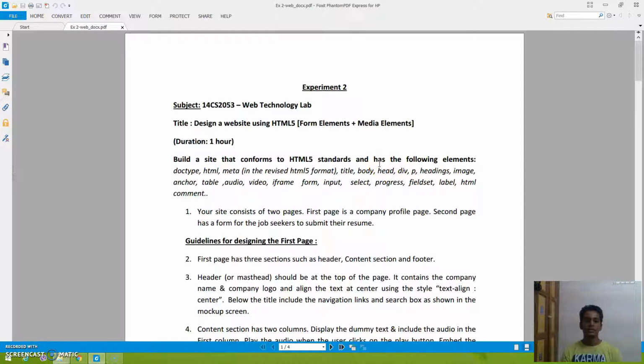Hey guys, today I'll be showing you how to create an HTML web page using HTML5 form elements and media elements. This is the second part of my experiment, where in the first part we had created the form submission,